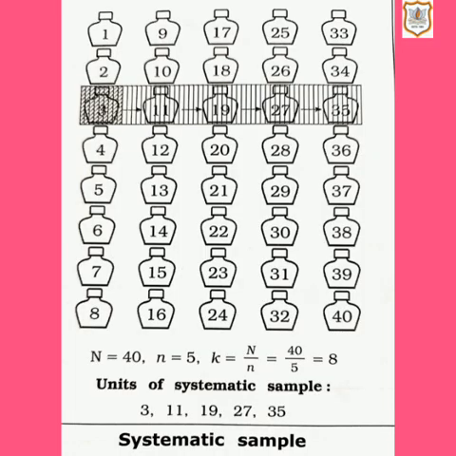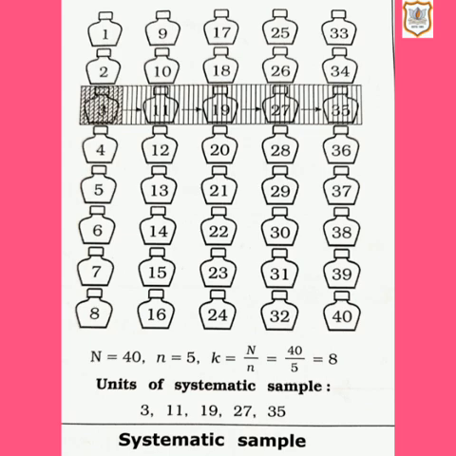Third sampling method is systematic sampling. In this method, if the complete list of population units is available and the units are arranged in some systematic manner, then this method of sampling is useful. We determine the sampling interval k. A random number is selected from the units of the sampling interval and we select every kth unit. Therefore, the set of such selected units is called a systematic sample, and the method of drawing such a sample is called systematic sampling.